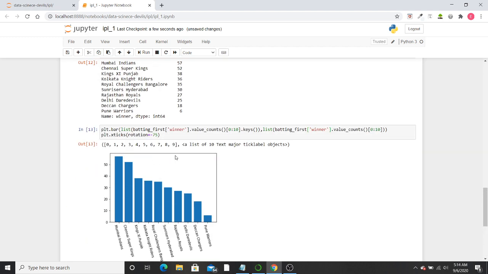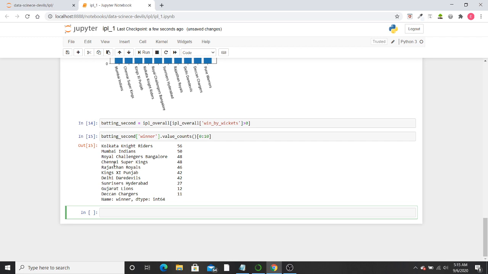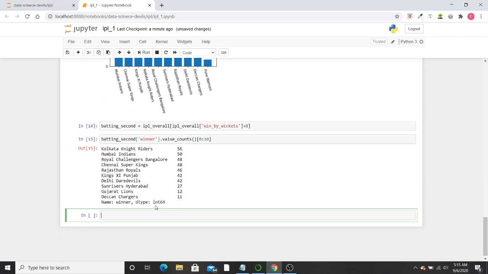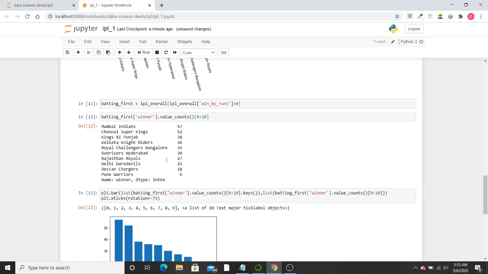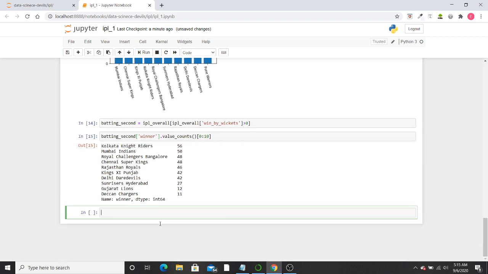So our analysis was true in the first place, when we analyzed that whenever Mumbai Indians wins the toss, it should opt for batting first, as it is not performing that well in batting second. It has won 57 matches when batting first, and only 50 matches, that is 7 matches fewer, when batting second.